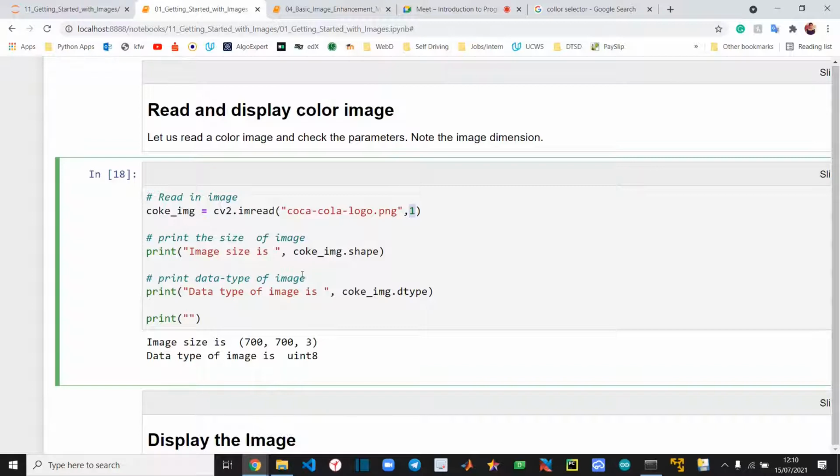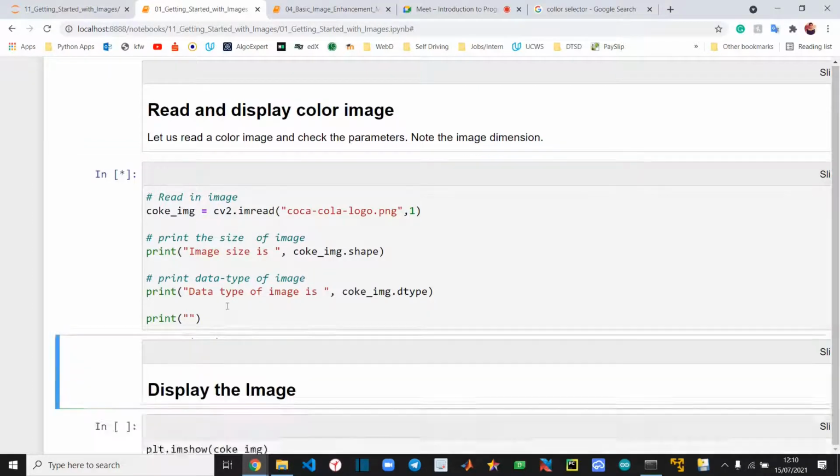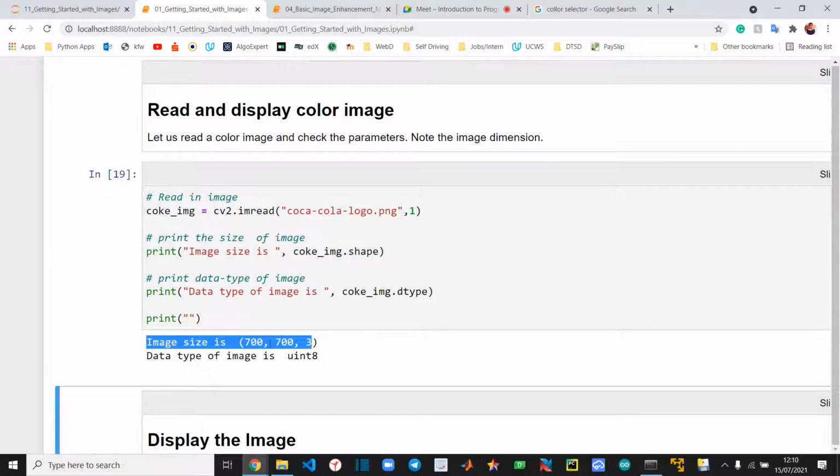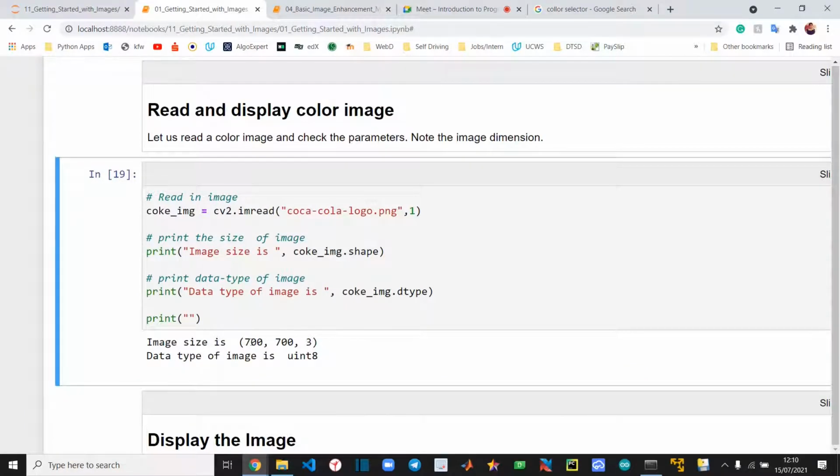Yeah, good. And when I run this cell, you can see that the image size is 700 by 700 by 3. So this means that it is 700 by 700 pixels, and there are 3 channels. Okay, and the data type is